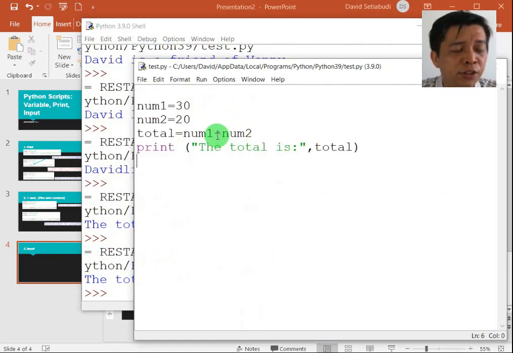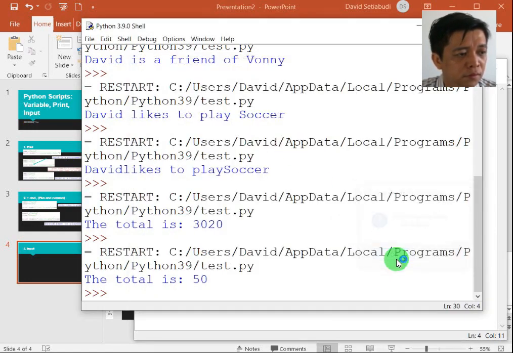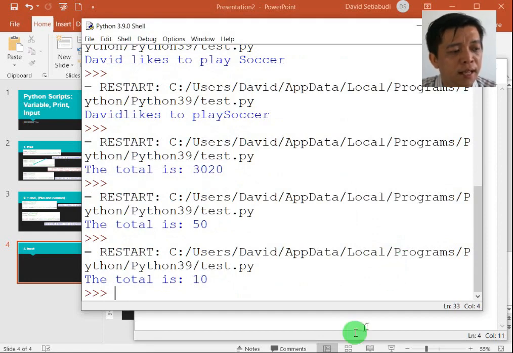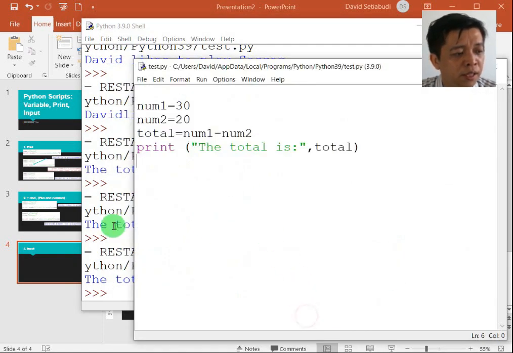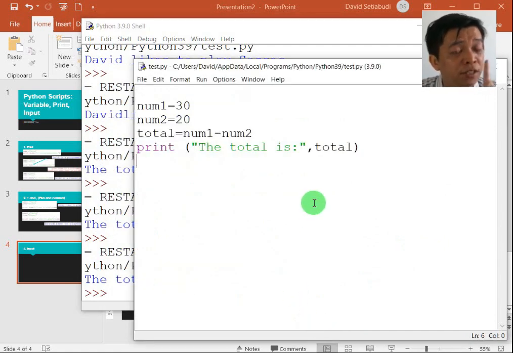You can take a screenshot for this, okay, as operator, because this one is a real plus. And then if you want to use minus, it's a deduction, then 30 minus 20 is 10. You can take a screenshot for this, but not this video, guys. You need to create your own number, okay? Now,